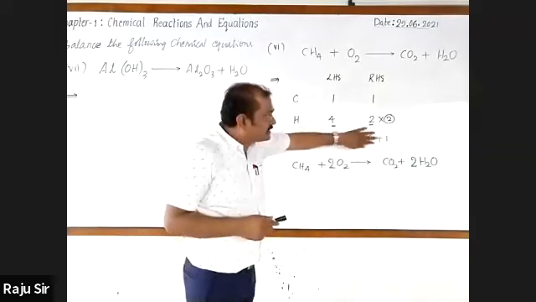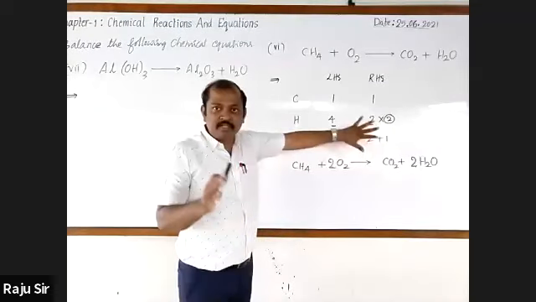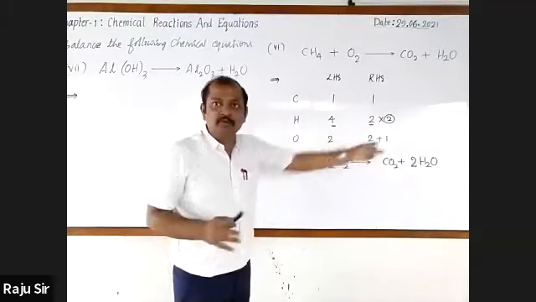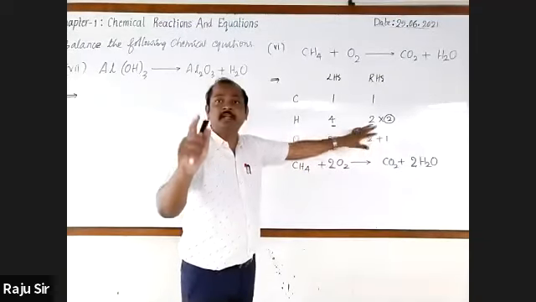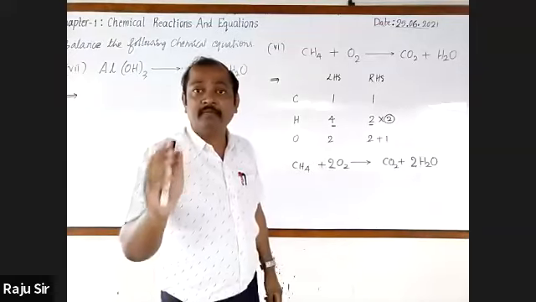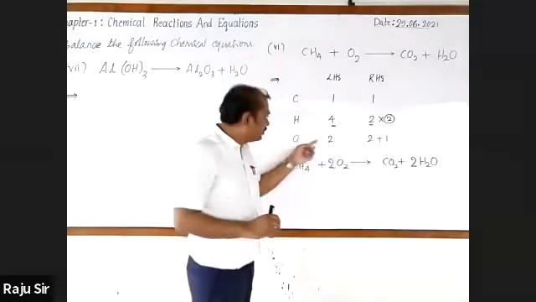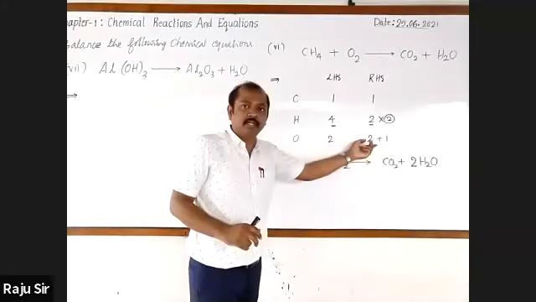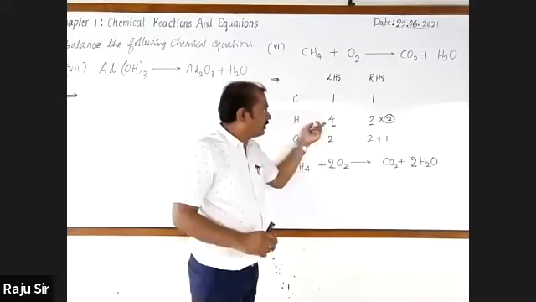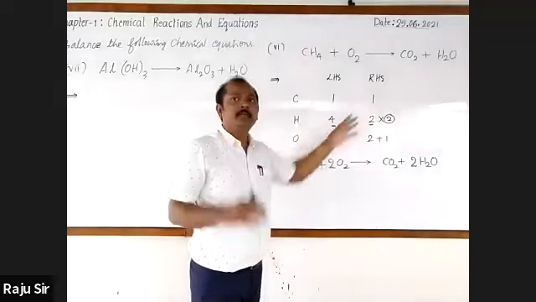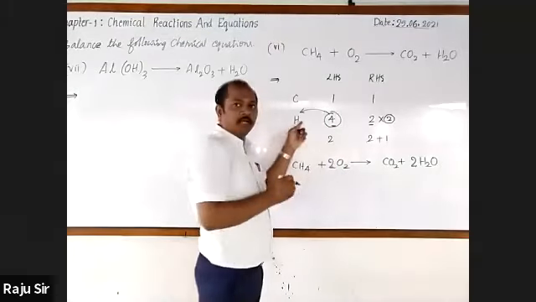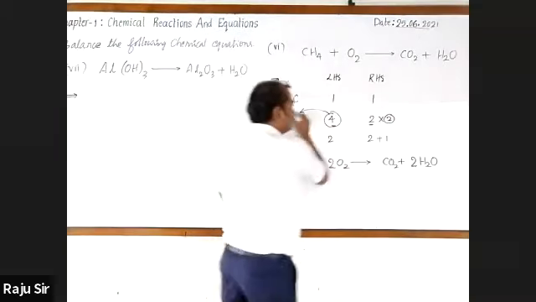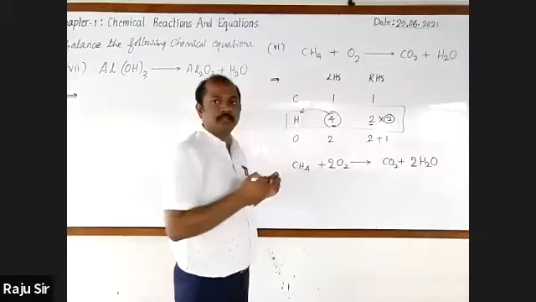We are not going to consider this. This is only for the initial stage. We will go for using the whole table. In the whole table, we will select the element having the maximum number of atoms. You know, till here 2 plus 1, 3 is there, and here 4, here 2, here 1, 1. The bigger number is 4. It corresponds to hydrogen. That is why first we will balance hydrogen.